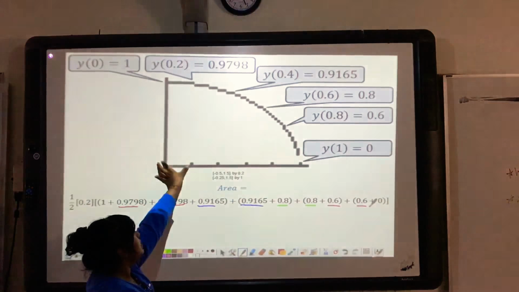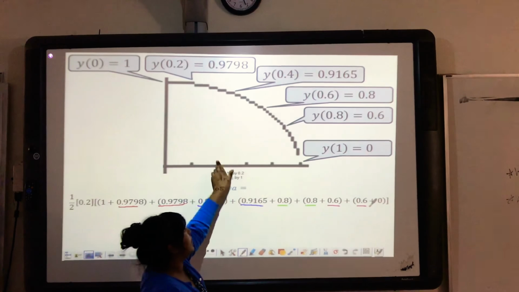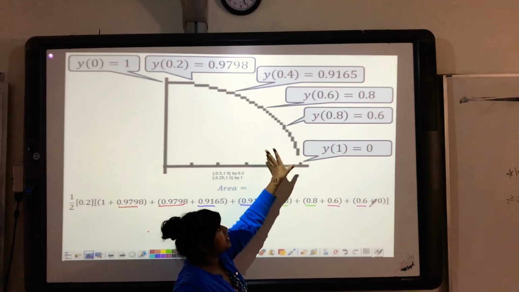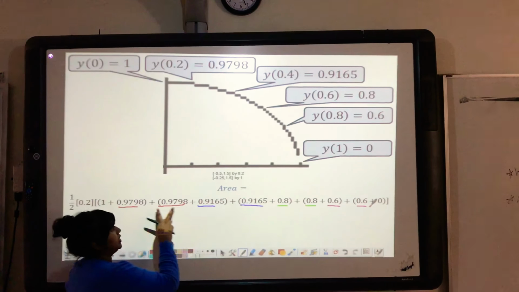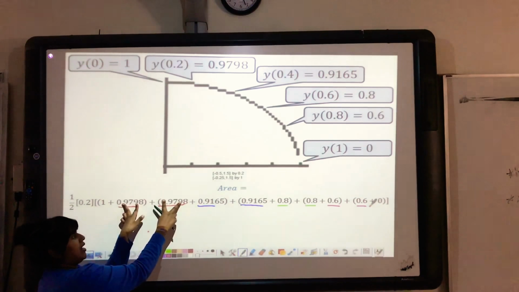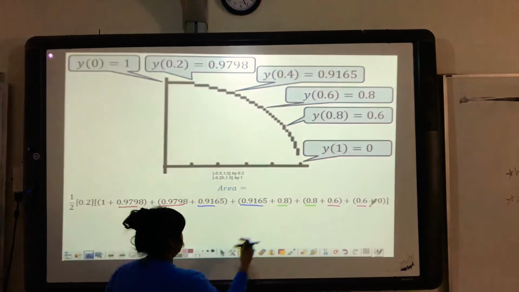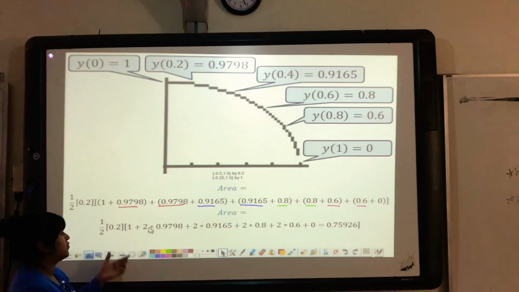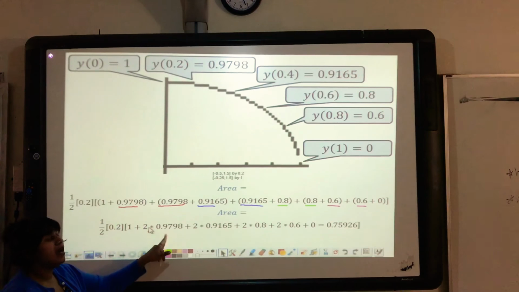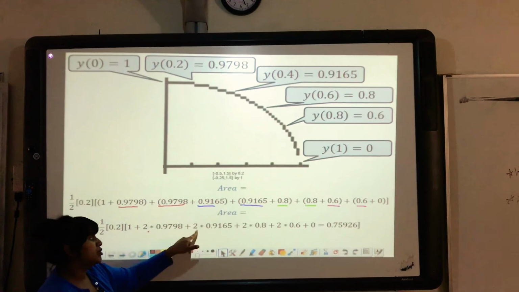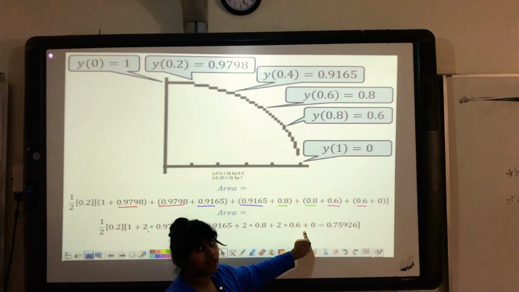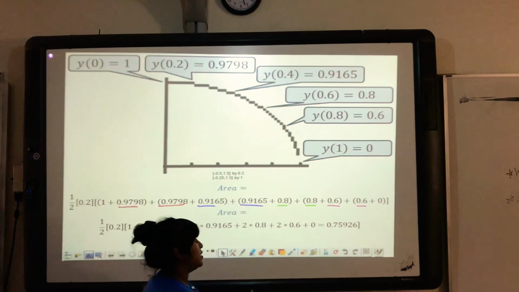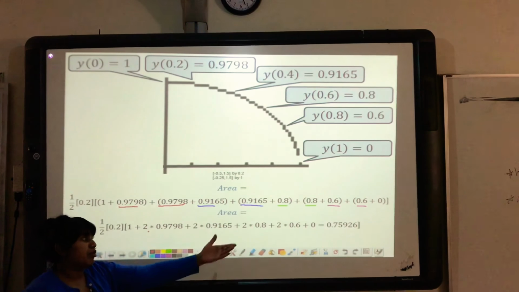There's nobody to the left. But these share a base, these share a base, these share a base, these share a base, and finally, there is no shared base on this. So again, we can extrapolate mathematically that it's 2 times, 2 times, 2 times, and that's where that formula comes from. So we say 1 plus 2 times base 2 plus 2 times base 3 plus 2 times base 4 plus 2 times base 5, all the way until we get to our last value where we don't multiply by 2 either. So we plug it in, we get approximately